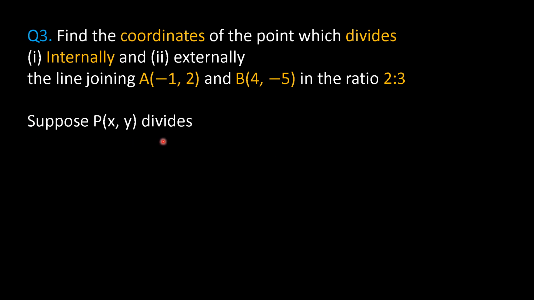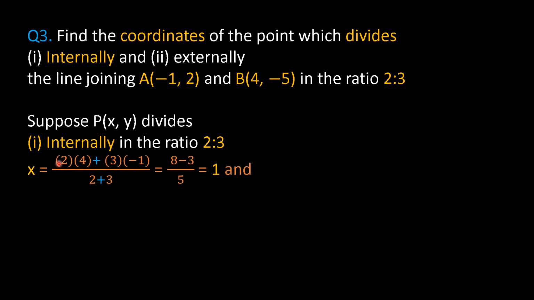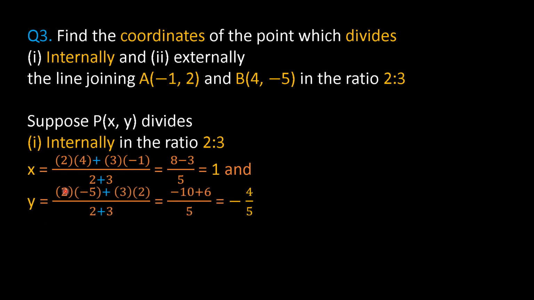Suppose P(x, y) be the point number 1 which divides internally the line joining points A and B in the ratio 2:3. So its x coordinate will be x equals (mx2 plus nx1) upon (m plus n). That will be (8 minus 3) divided by 5, which will be 5 by 5, that is 1. And the y coordinate will be y equals